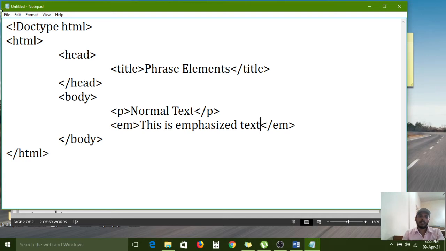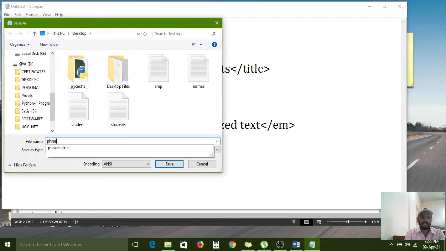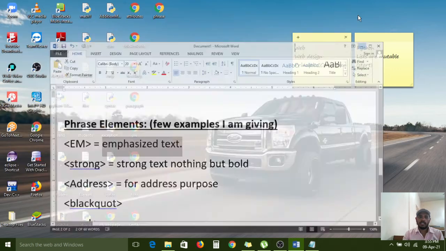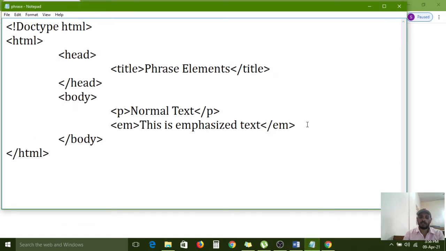Now I am saving this as phrase.html, all files, click save. Now I am executing this file by double clicking. Okay, this is normal text in the normal font, but this is emphasized text, so it is applied in teletype text and also in an italic way, similar to italic font.